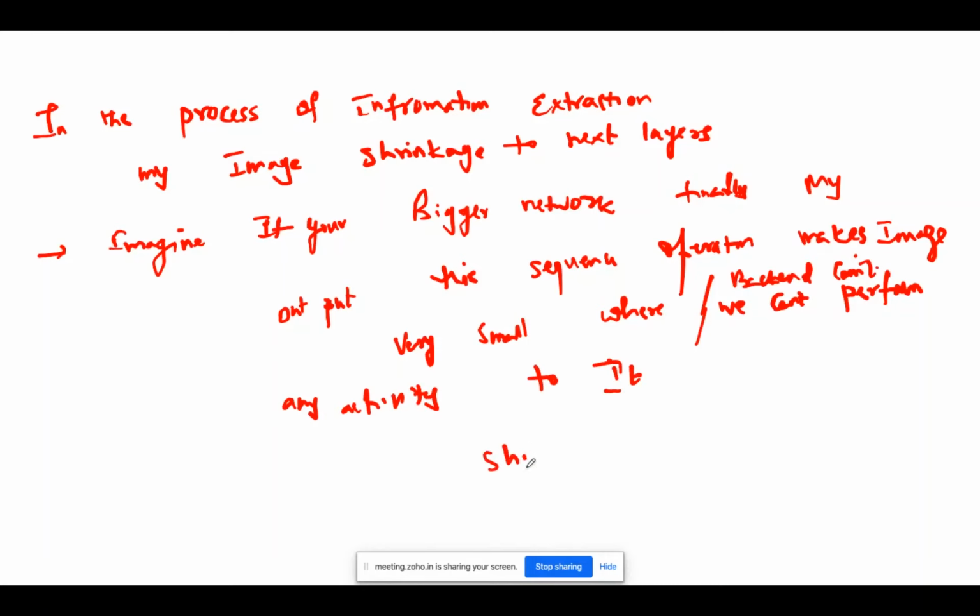So the shrinkage of data is the issue for computer vision.